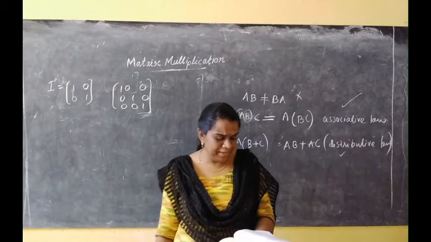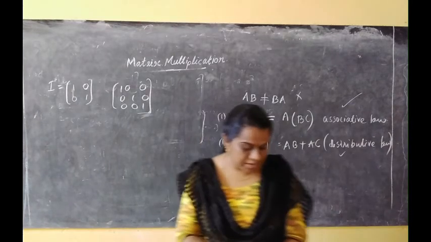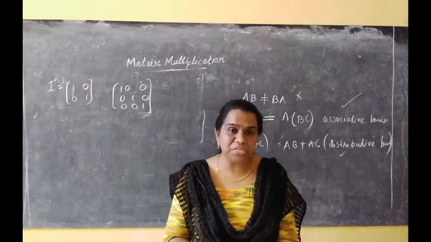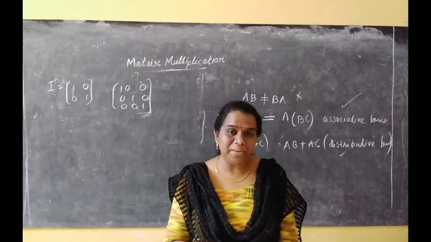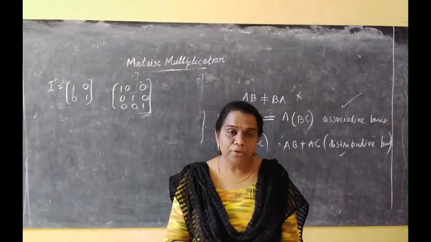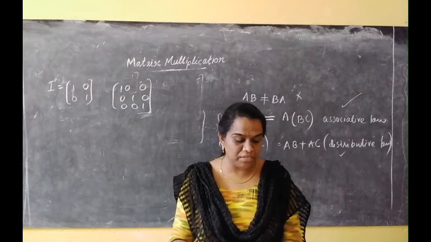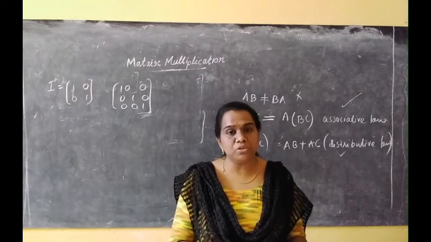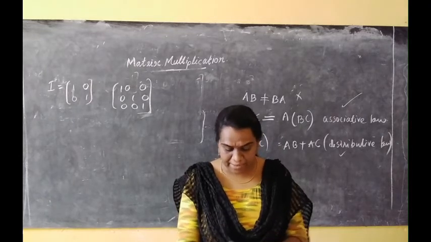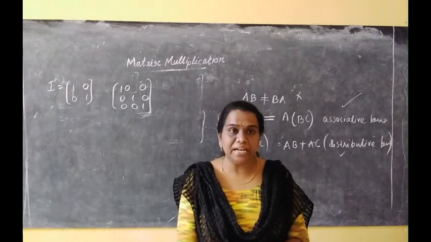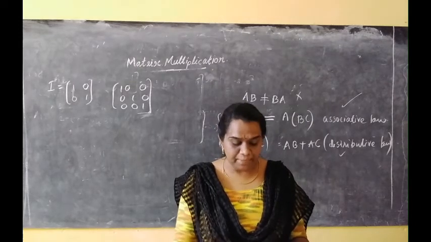Then in the textbook there are some examples given. In Example 16, it is shown in great detail that matrix multiplication is associative. You have to copy that down in your notebook. The distributive law is also shown in the textbook. Please write Example 16 and Example 17 from the textbook after the properties of matrix multiplication.